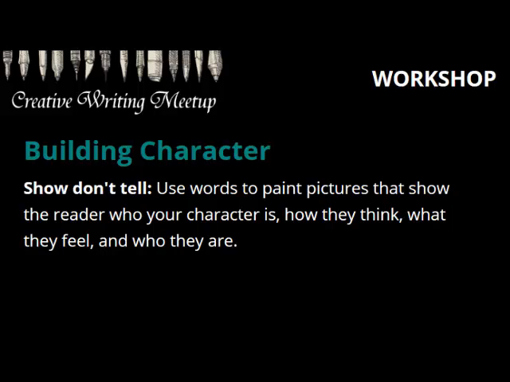So you just had a really brief example of all of the many ways, with just a few words, from 3 words building up, we can paint a picture with words that show us who the character is, how they're thinking, what they're feeling, who they are. Look for those opportunities to show us the character. Don't tell us what a character is feeling. Paint a picture so that when we look at it, we know what the character is thinking and feeling and what their character is as a character in your story.